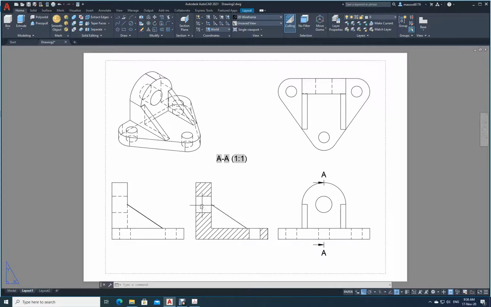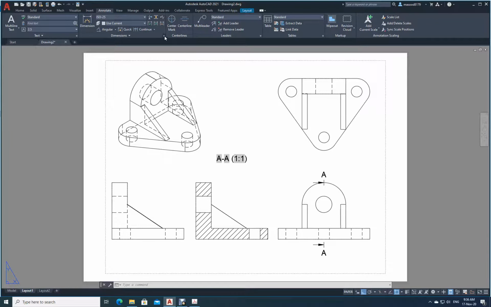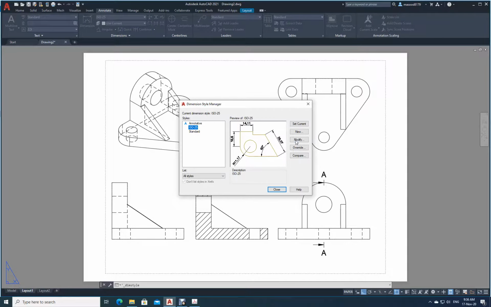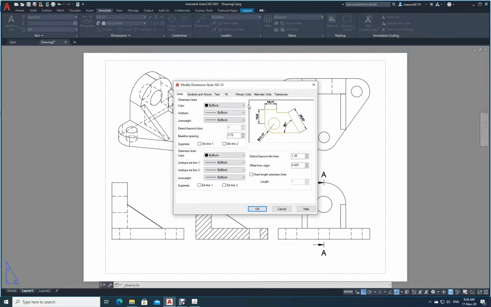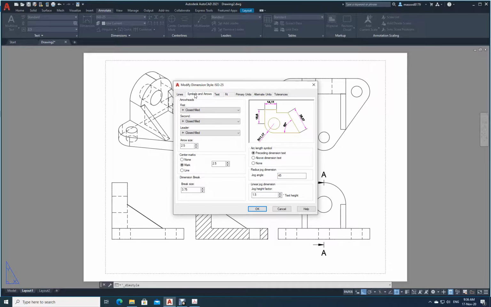Now what is the next job? Next job is to do the dimensions. Just go to annotation. First itself you fix the color of the lines and all that stuff. Modify. See, you have got lines. I will just go and select whatever color I want. Let us say I will select magenta here. Don't do this if you don't have a color printer. Otherwise you need to print and there you need to make the printer settings.